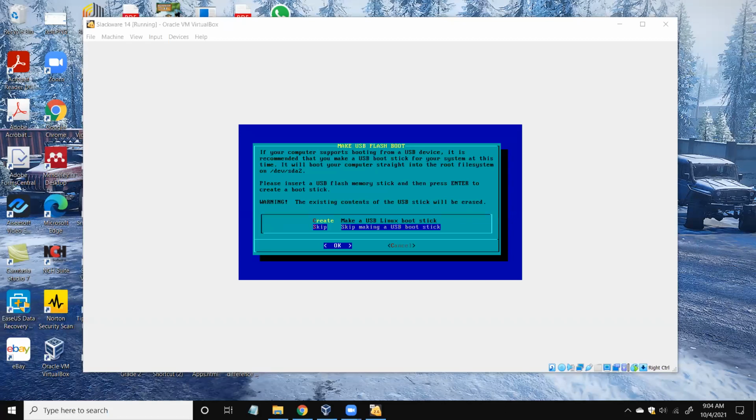This will be very handy when a particular system gets crashed. You can always boot from the Linux USB and copy your essential files. If the system is crashed, you can access it, and you can try to fix it as well, right? So for the moment I will skip this.